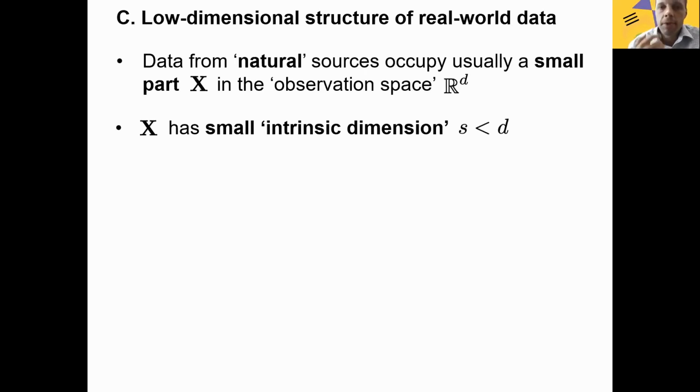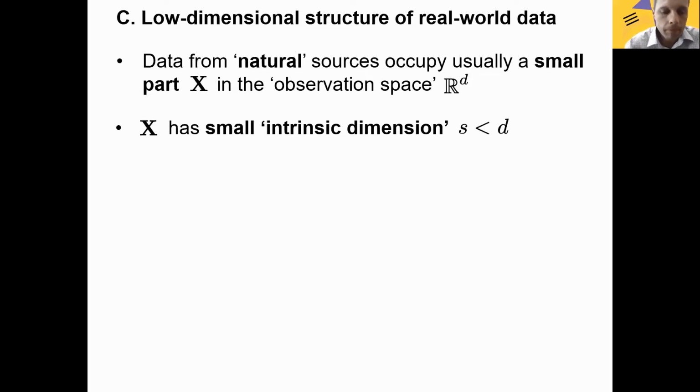That is, it can be modeled not using the initial number of coordinates, the initial number of parameters, because this number of parameters is too big, and we can use a smaller number of parameters